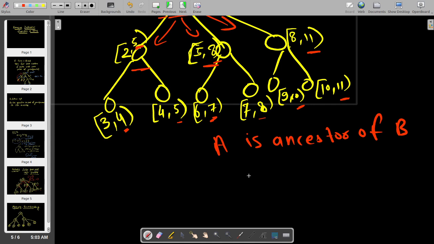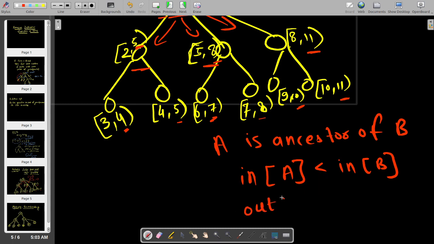From this concept we can say that in time of A is less than or equal to in time of B, and out of A is greater than or equal to out of B, correct?